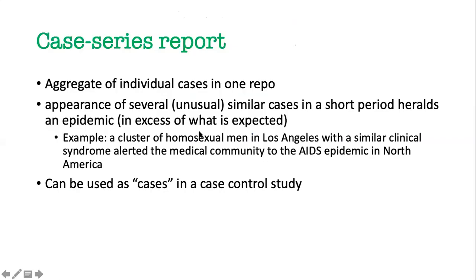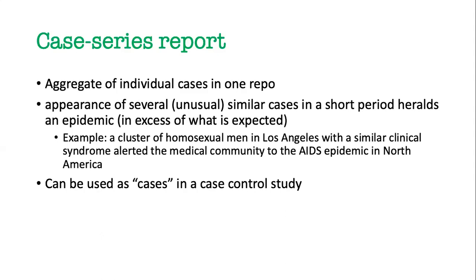Next, if we combine several individual cases in one report, we have a case series report. Usually when you observe the appearance of several unusual similar cases in a short period, it heralds an epidemic. An epidemic is simply a phenomenon that occurs in excess of what is expected. It doesn't mean that it has to be thousands or millions of people developing the disease. But for example, if the expected rate of,